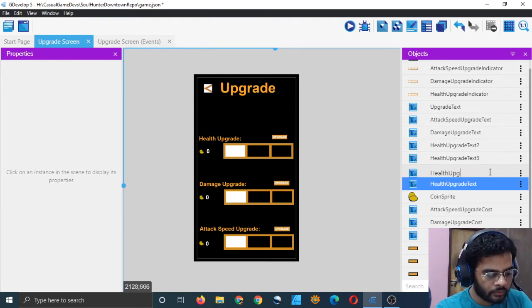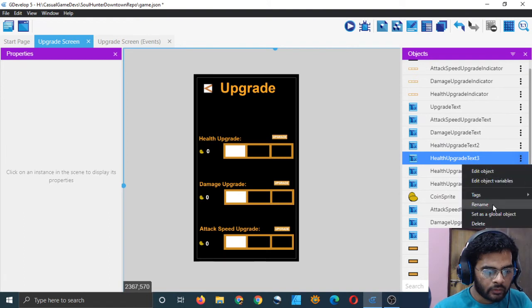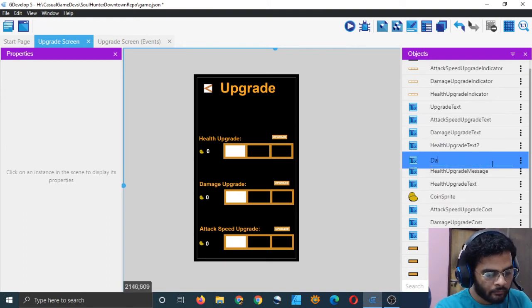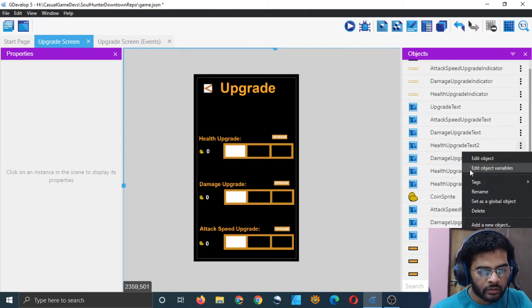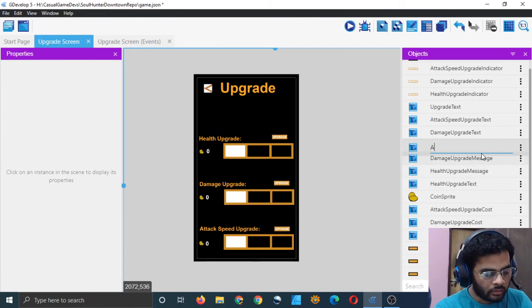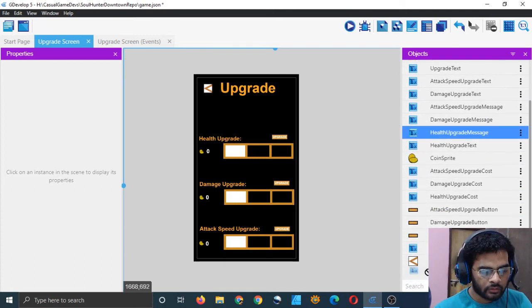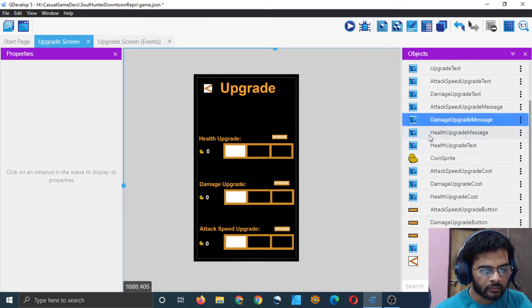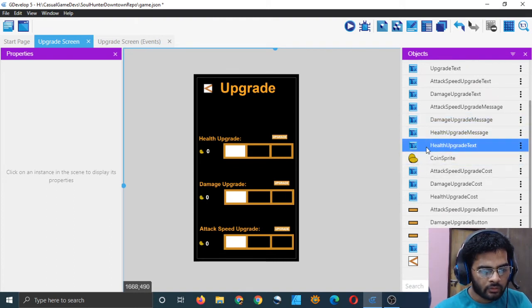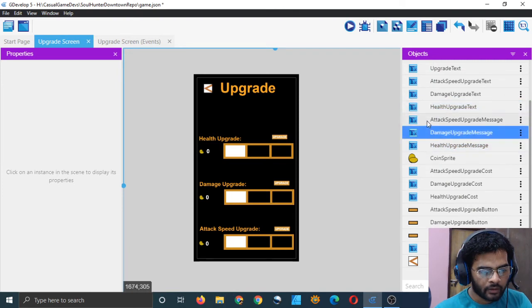Health upgrade message, and this one rename it damage upgrade message. Enter. And then this one attack speed upgrade message. I have all 3. Can I drag them down? Yeah, I can, but I will just keep them here. Just drag it here. Yeah, that's okay.